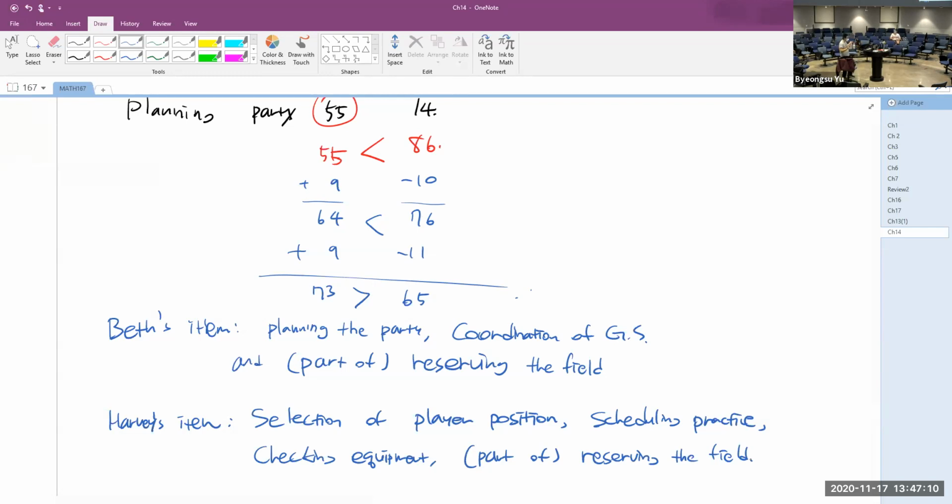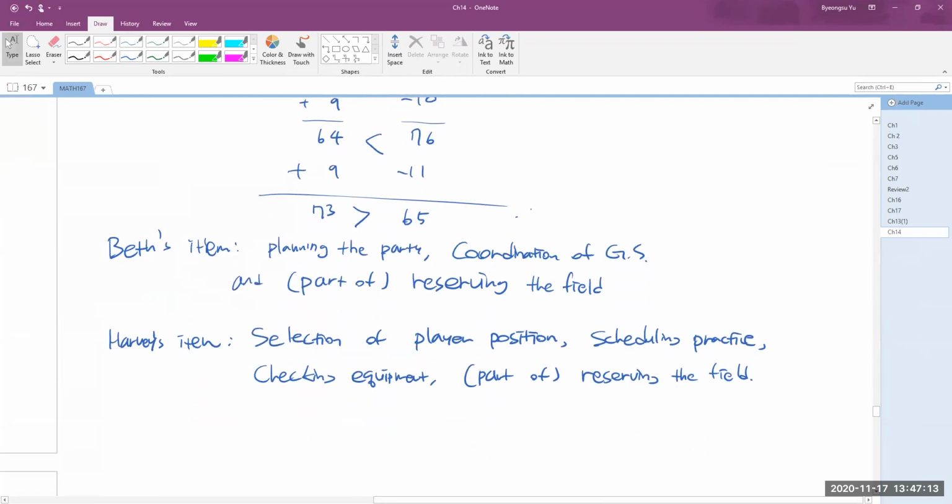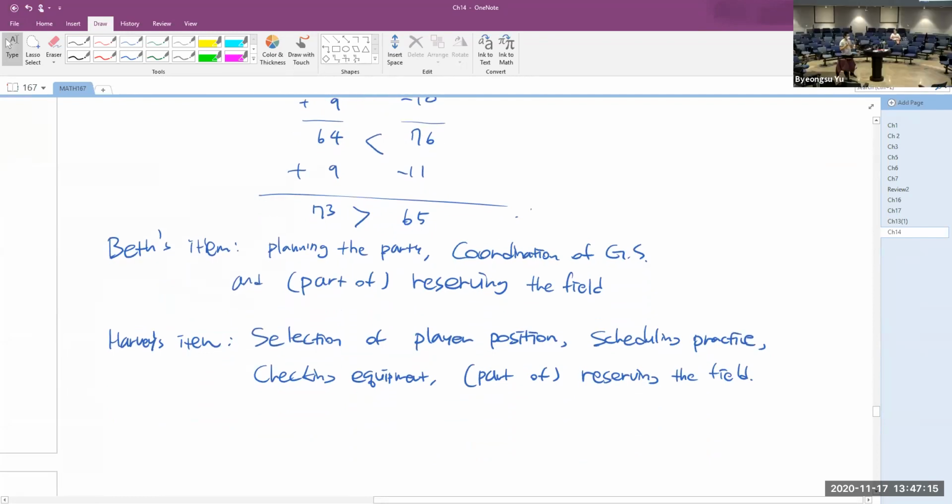Then the remaining step is to calculate their points and make their points equal by adjusting their portion of getting the reserve field, right? So in the case of Bass, playing of the party is 55 points, and coordination of the game schedule was 9 points, and part of the reserving period was 9 times x, if we think x is